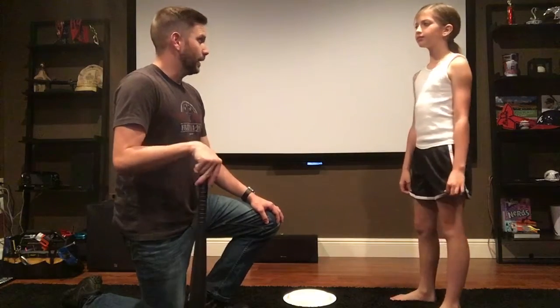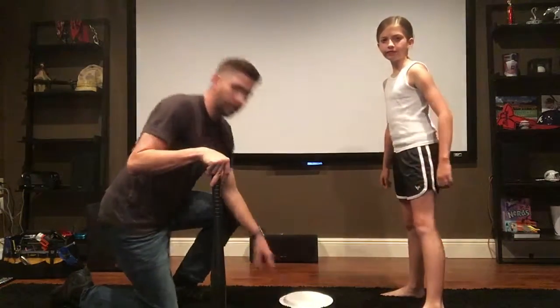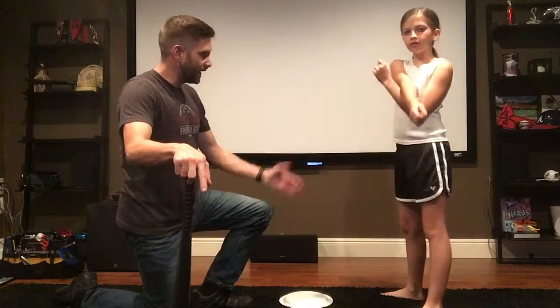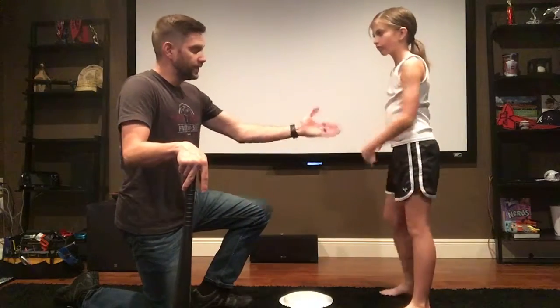So for this first piece that we're going to go over, you don't need a bat. Keep your bat to the side if you've got one. We're going to go over stance. When you're getting set up at the plate, we'll pretend that this is our plate and that you are the pitcher. The batter wants to stand sideways. For a righty, you would stand on this side of the plate,